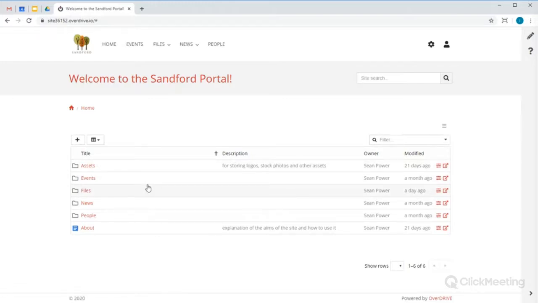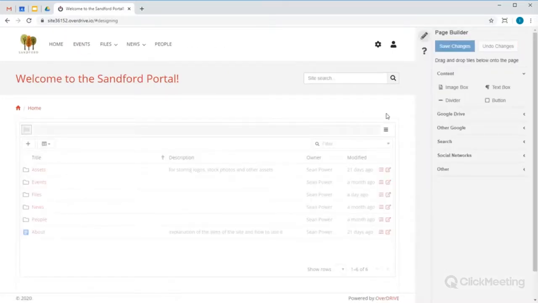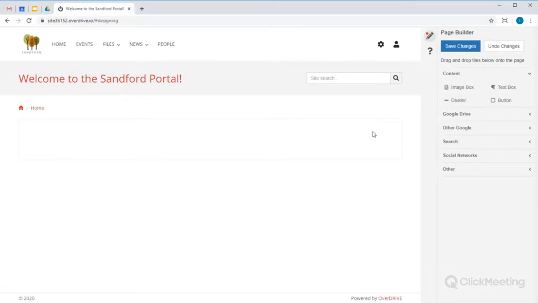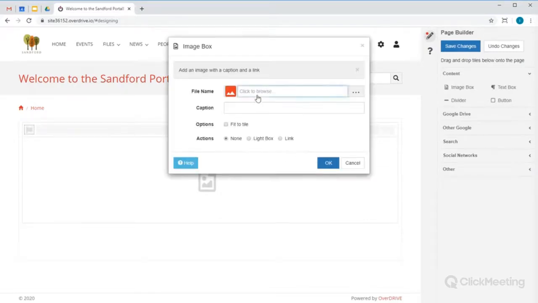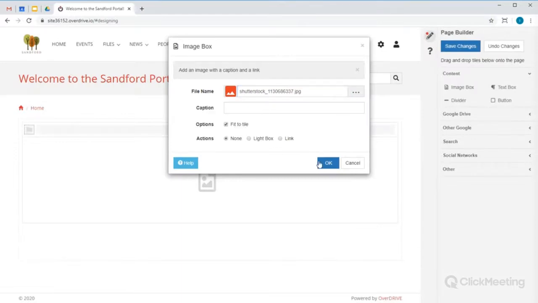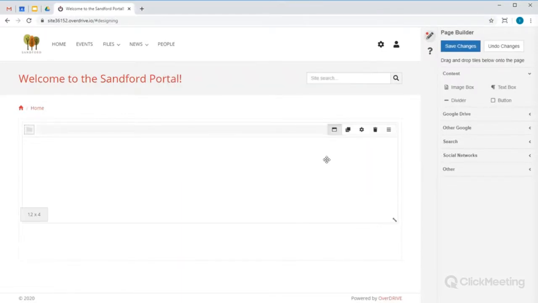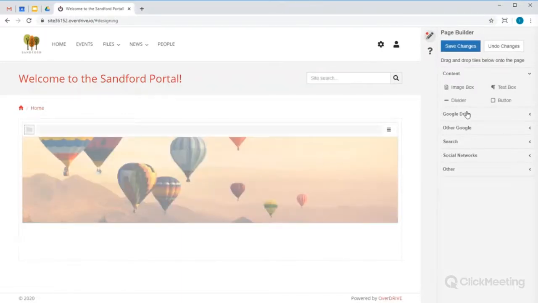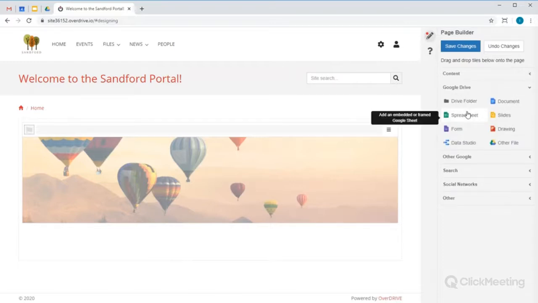And now I'm going to use Page Builder again to replace the folder tile with some more interesting content. I'm going to start with an image box and pick something inspirational to brighten things up. Now as I move down the other tile categories, from Google Drive you'll see I can add folders and files from my drive and shared drives,